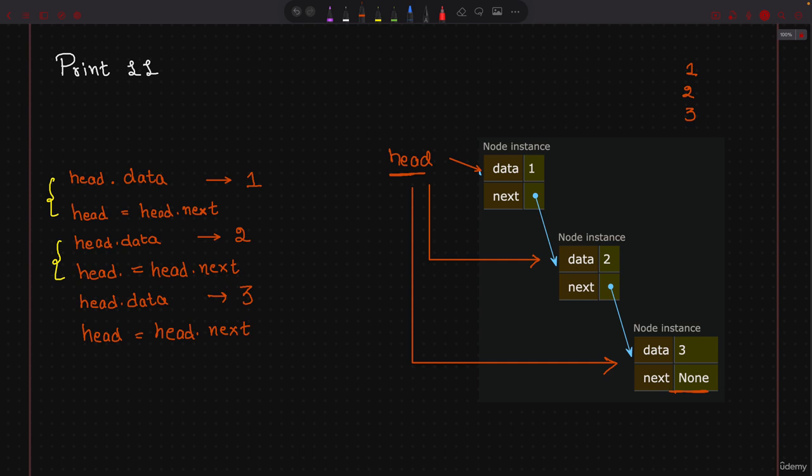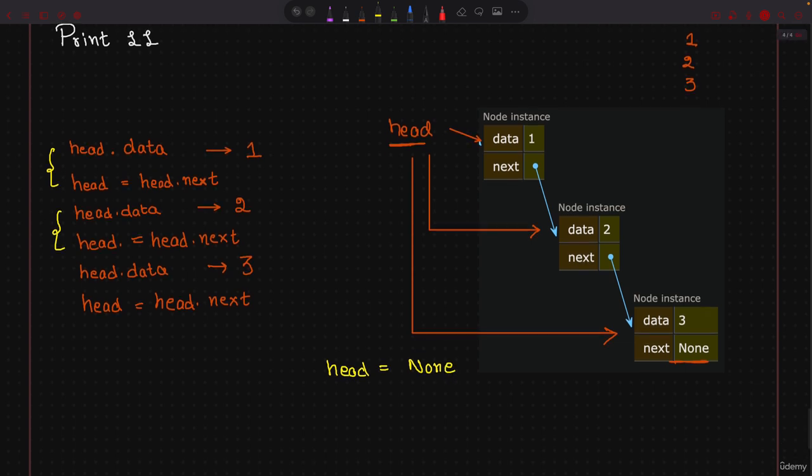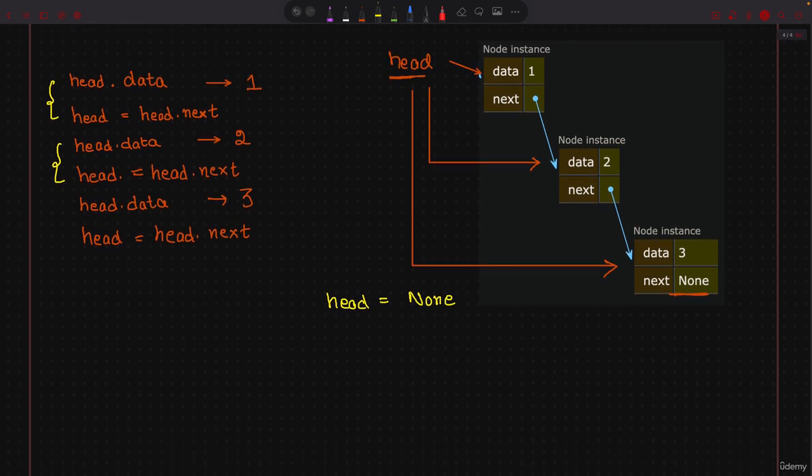The reason for that is if you have none in your head, so let's say if your head or any pointer for that matter becomes none, then this is very, very important with context to your linked list, and I will write that as well. We cannot use .data or .next on my